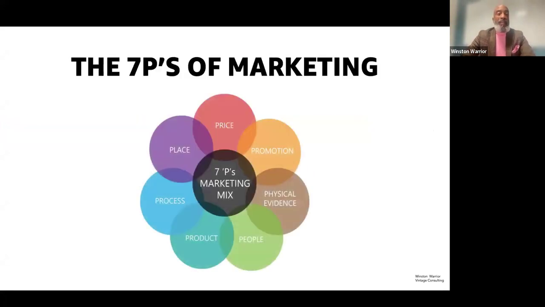So a lot of people think that there are 4 Ps to marketing. You probably heard that in your business school curriculums. There are actually 7. And there could be more now, but there are 7. And here they are, listed here. The ones you may be familiar with are product, place, price, and promotion. You may be used to those. The new ones are process, people, and physical evidence. Now we're going to talk about each of these, okay? So the next slide is what they call the eye chart slide, but we're going to walk through each of these areas so that you can understand what the mix is within marketing, okay?